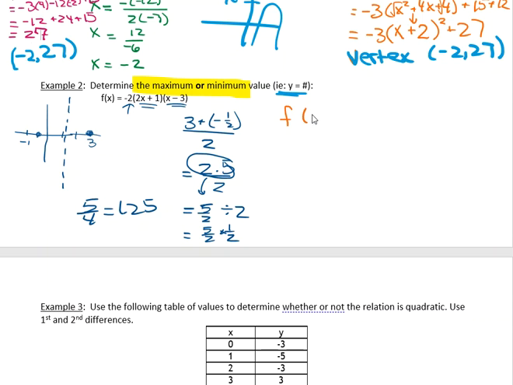F at, I have my x value. I can use 5 over 4. There were no decimals in the question, so I really should not be using decimals in my answer here. I should be using all fractions. So this is good practice anyway. F at 5 over 4 equals,